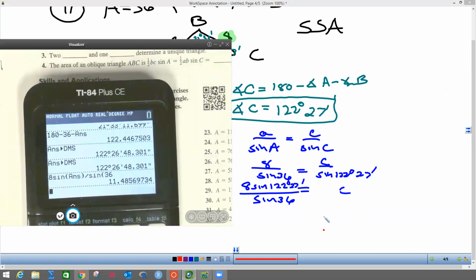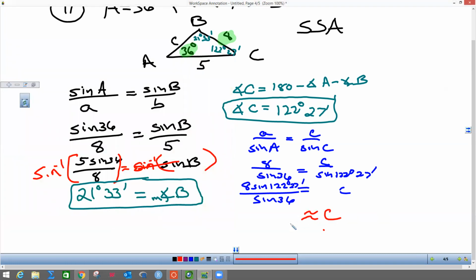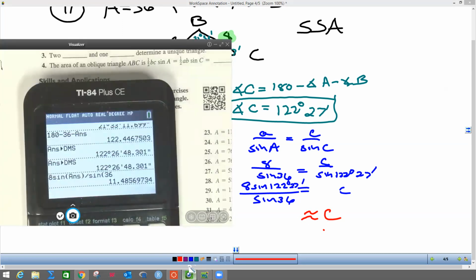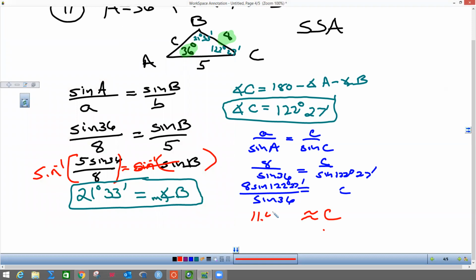So side C, the last thing I got to find, rounds to 11.486. And there's the third side. So when you only got one angle, those make it harder. And you're going to find out tomorrow that it's even going to be